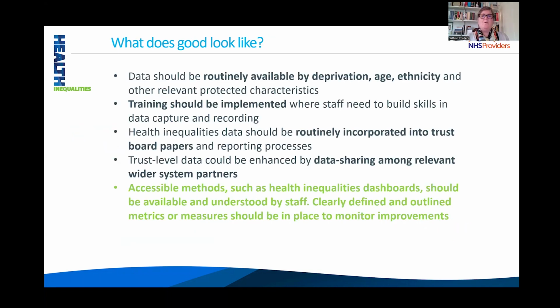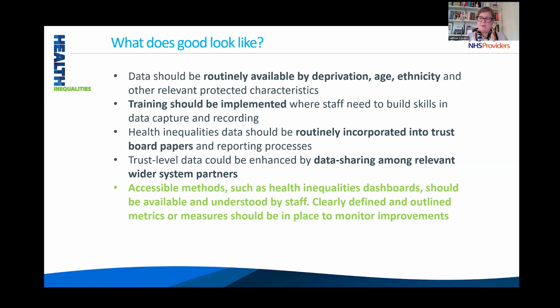So, what does good look like in this context? Our Health Inequalities Guide for board members on reducing health inequalities highlighted 4 areas that will help trusts to take a greater focus on addressing health inequalities. And these are leadership, enabling a strategic focus on inequalities, enhancing public health expertise, and taking a data-driven approach. And the guide provides a vision for what good looks like in each of these areas. And the data points are highlighted on this slide, and they include